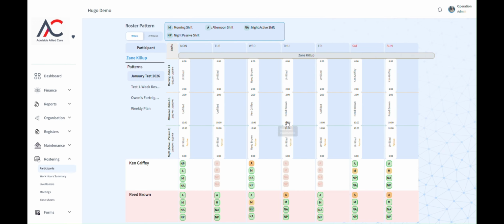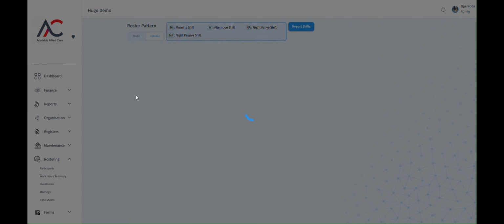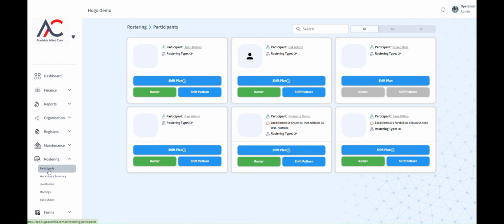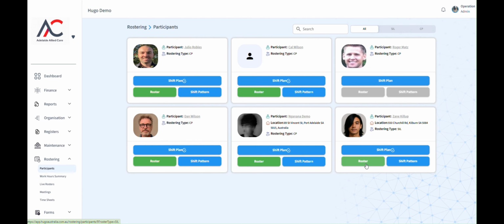So once that's done, it is auto-saving. So that January test 2026 pattern for 1 week has been currently created based on the schedule you just created. So if I clicked on another tab and then went back into it, everything is saved. So the next thing that I want to do is come back to Zane's roster,